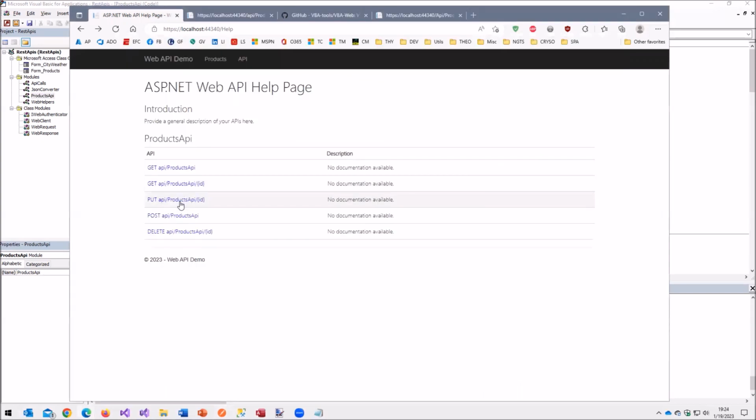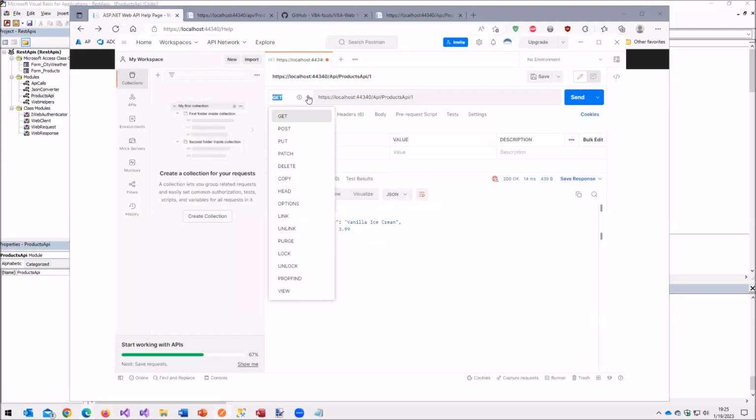Now I have PUT api/products/id, POST api/products/id, and DELETE api/products/id. In the case of PUT and POST, I have to include a body, which is the one thing we haven't looked at yet, because I have to actually give it data. But in the case of DELETE, I just pass in api/products and I change the method to DELETE. And then I click send and it will execute a delete on that.